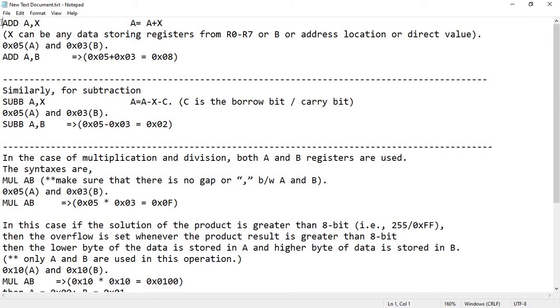In the case of multiplication and division, both registers A and B are to be used. So the syntax is mul AB. Make sure that there is no gap or comma between A and B. Now let's take an example and solve this. I have taken the value 0x05 in A and 0x03 in B. On applying the multiplication operation, that is mul AB, the product which is 0x0f, that is 15, is calculated and stored